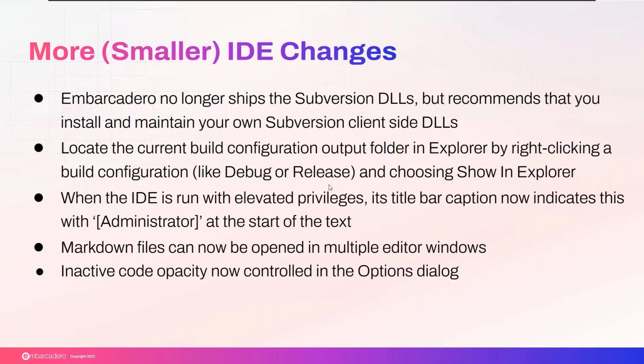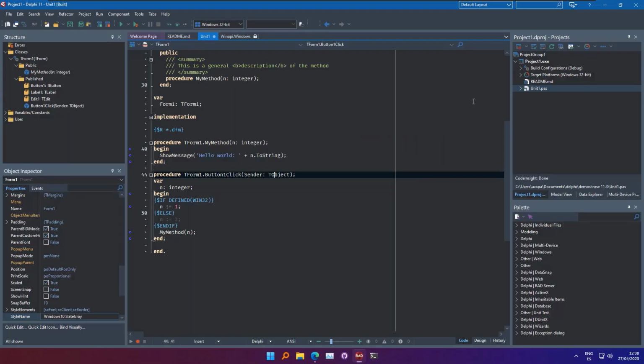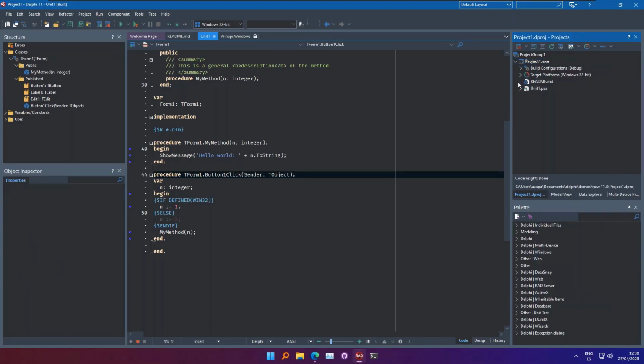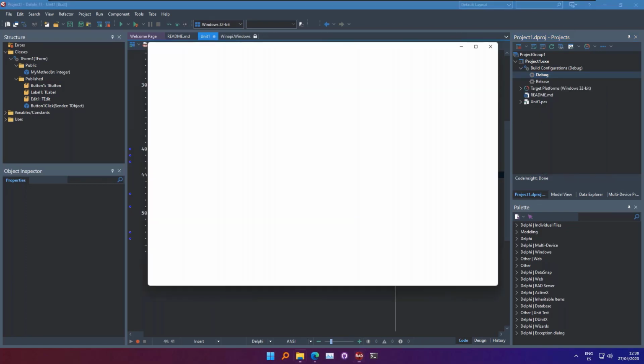We can locate the current build configuration output folder in Explorer by right-clicking a build configuration, which is also very handy. I'm going to quickly show it to you because I really like this feature. Before, you could access the project with a right-click and go to show in Explorer. But now you can do the same thing as well with the build. So if you want to see the binary of the debug you just compiled,